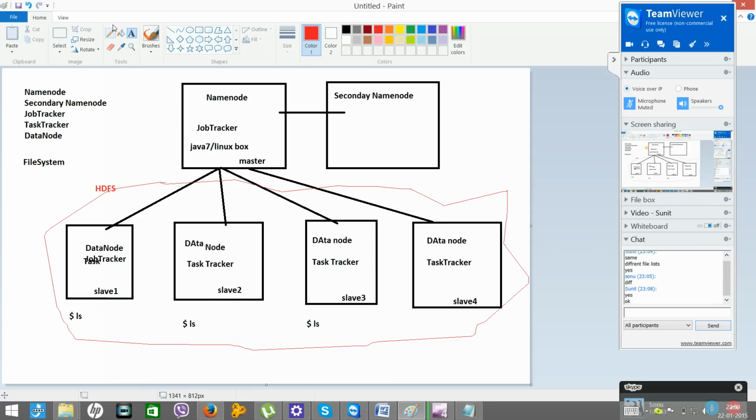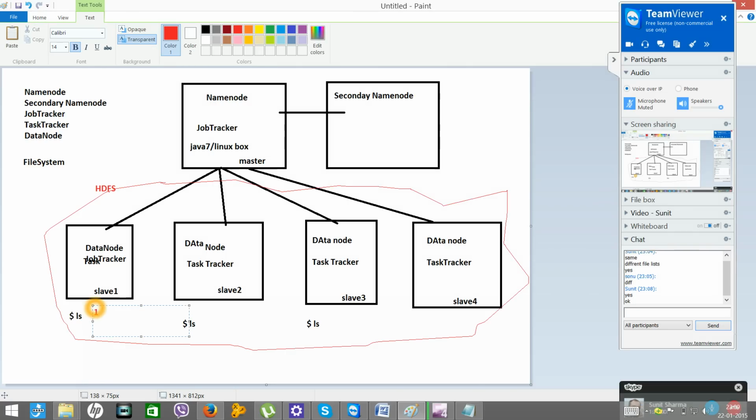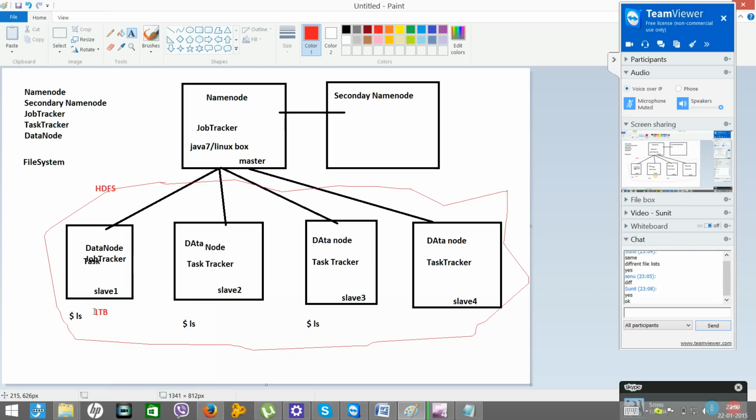Now let's assume the capacity of these systems is 1 TB each. 1 TB, 1 TB, 1 TB, 1 TB. Now if you log into this node without using Hadoop, by simply Linux login, what will be the size of this system?